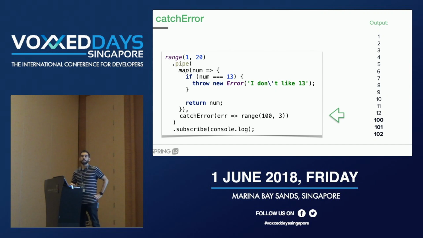So catchError is basically giving you the chance to replace that error with another observable. Usually we use catchError really close to where we expect the error. We're expecting the error in the map, so right away we're going to have the catchError. The catchError will be triggered when we have the number 13,